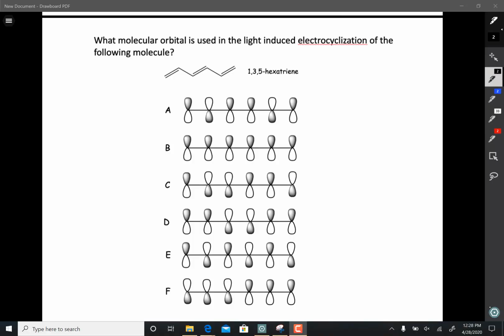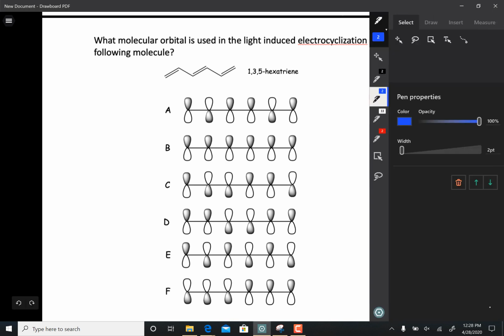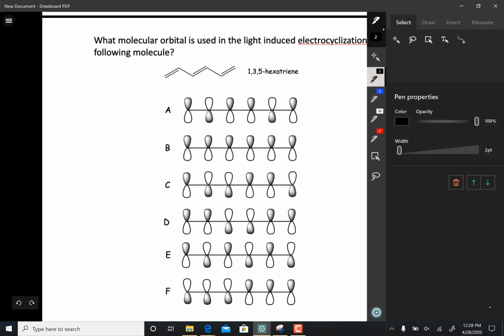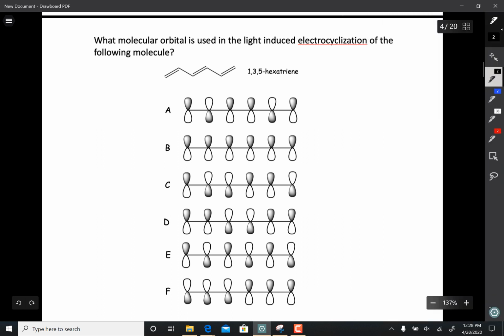So, this question is asking, what molecular orbital is used in the light-induced electrocyclization of the following molecule? Well, the following molecule is 1,3,5-hexatriene, and an electrocyclization reaction, that's where you take